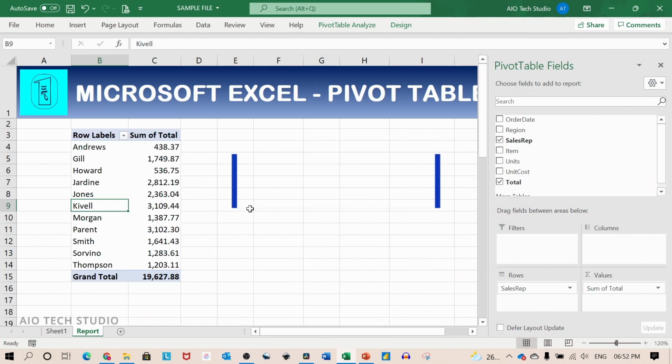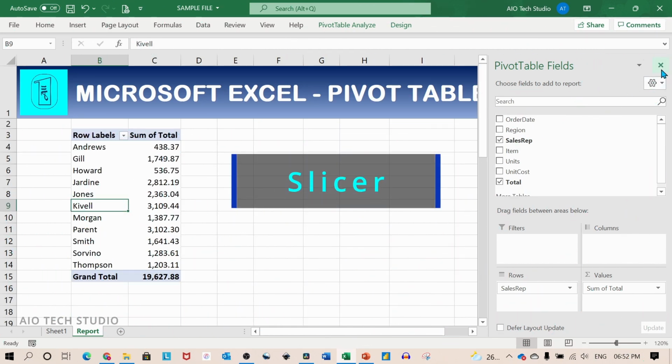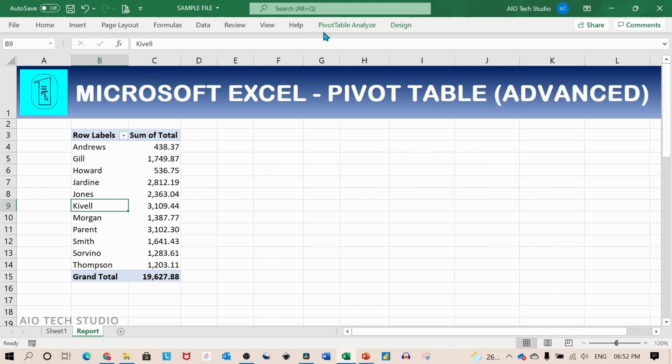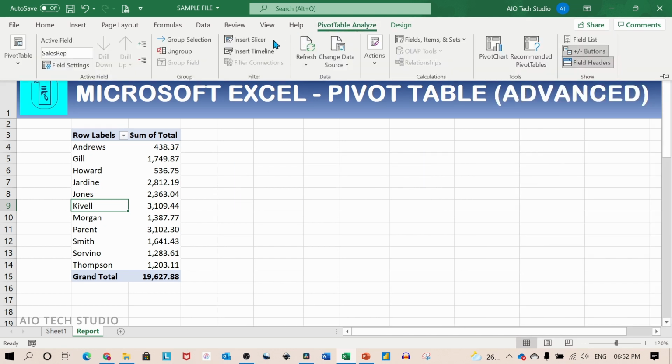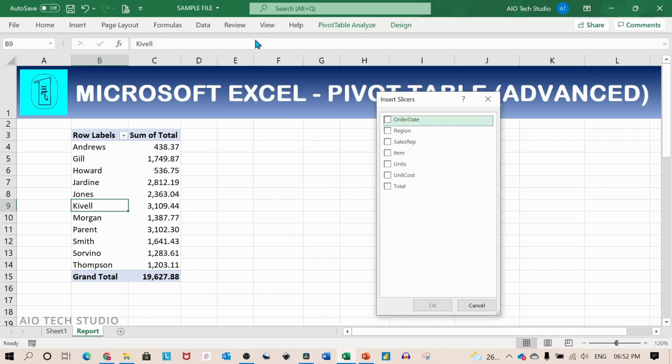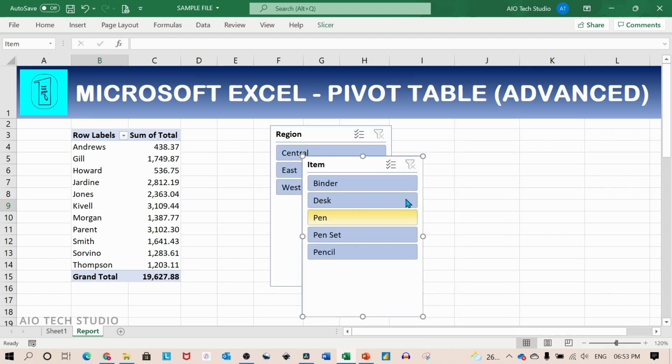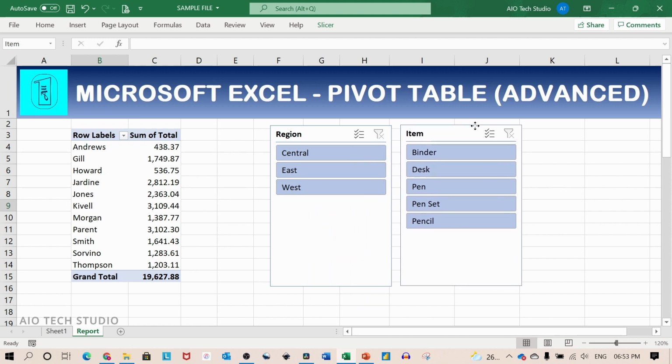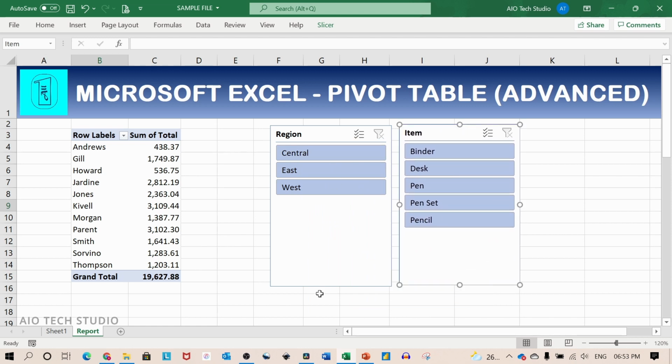Now let's see how we can insert a slicer. For that, first we will close the field pane, go to the pivot table analyze and click on insert slicer. We can select multiple fields to insert slicer. This has added two slicers to the report.